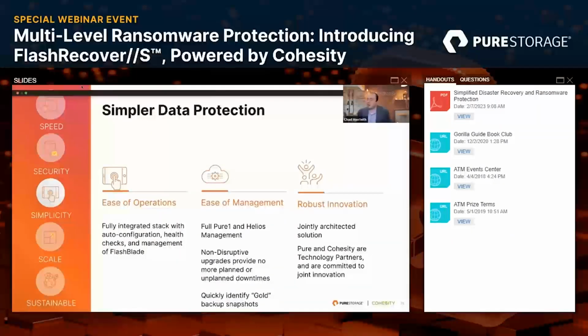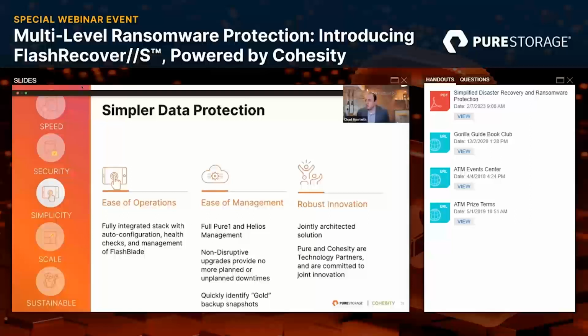These are the same REST APIs that you have access to as a user. You can go to GitHub and you can get examples on how to utilize our REST API if you want to code your own applications. But Cohesity used those same published APIs to automate the creation, the provisioning, the management, and the expansion of the system. So if your business comes to you and says, hey, we're keeping 30 days of backups, we need to